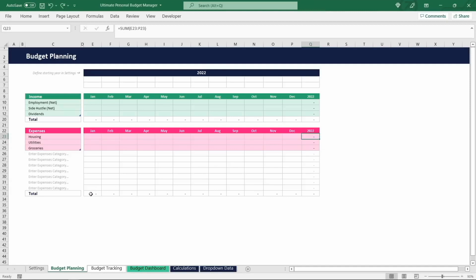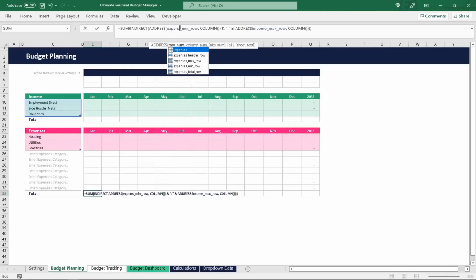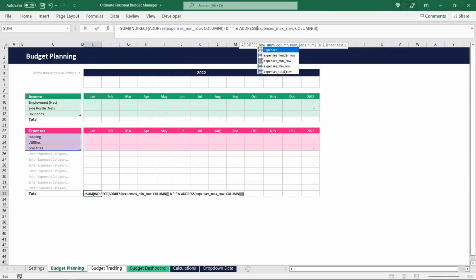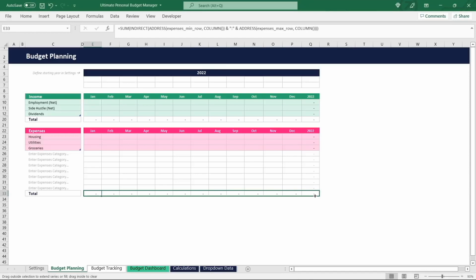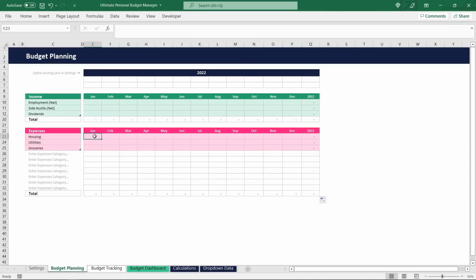But for the calculation of the total expenses in each period, we need to replace the income min and max row calculations with these new expenses min and max row calculations, so that they now reference the correct elements. Let's autofill that adjusted formula to the other total cells in that row